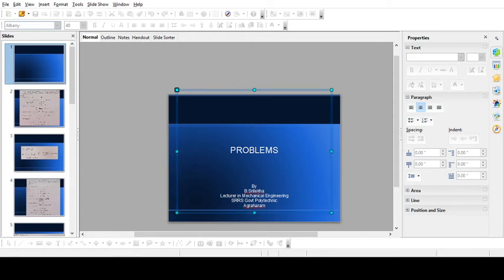Next, one more problem. Previously we have taken two forces, so σ_x and σ_y. Now we are taking all three forces, that is triaxial forces. So a metal flat plate 100 mm into 50 mm in cross section is 250 mm long. It carries a load of 400 kilonewtons in the direction of the length. Next, it carries a compressive load of 4 meganewtons on its 100 mm